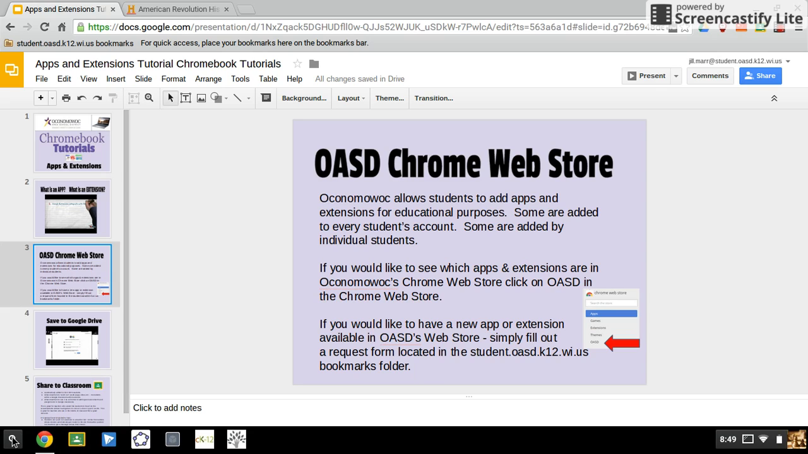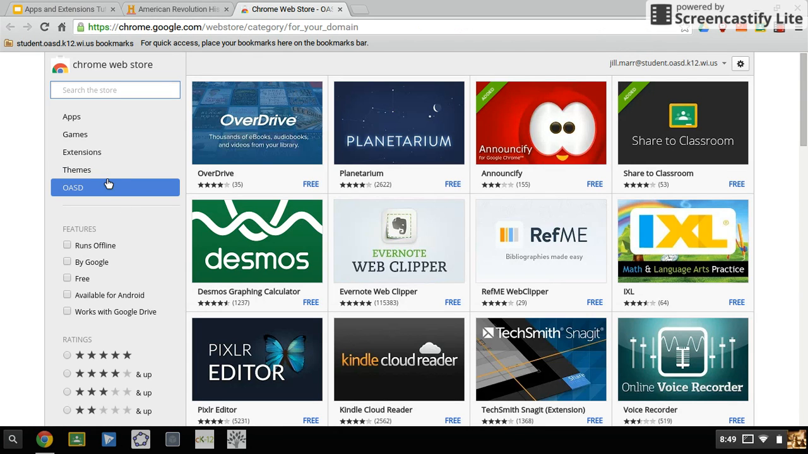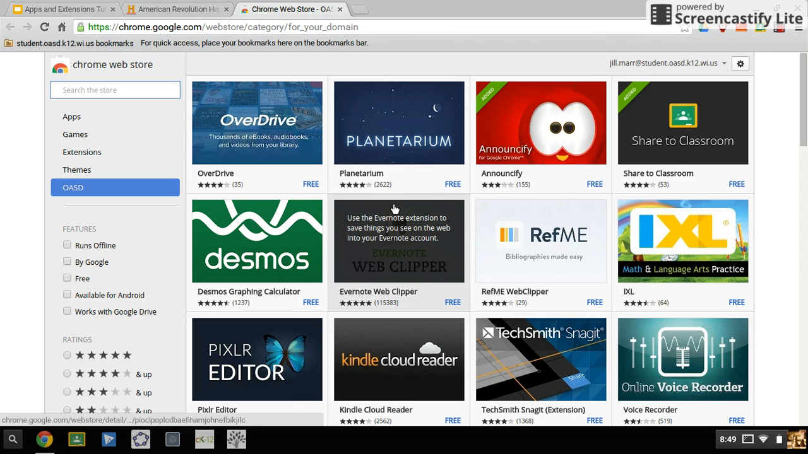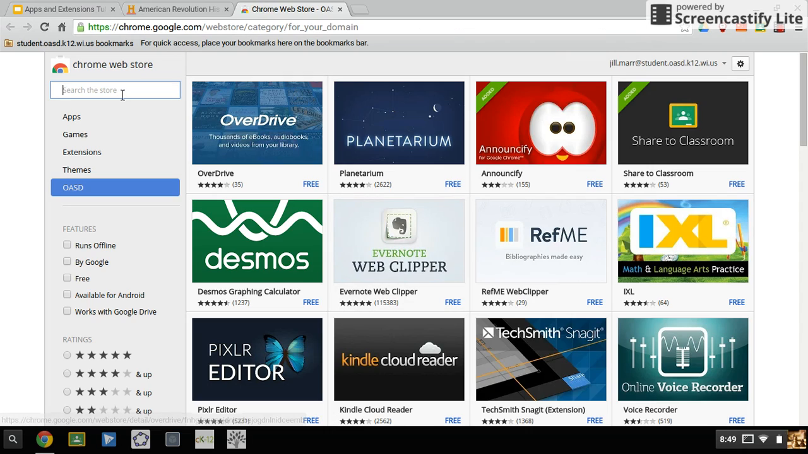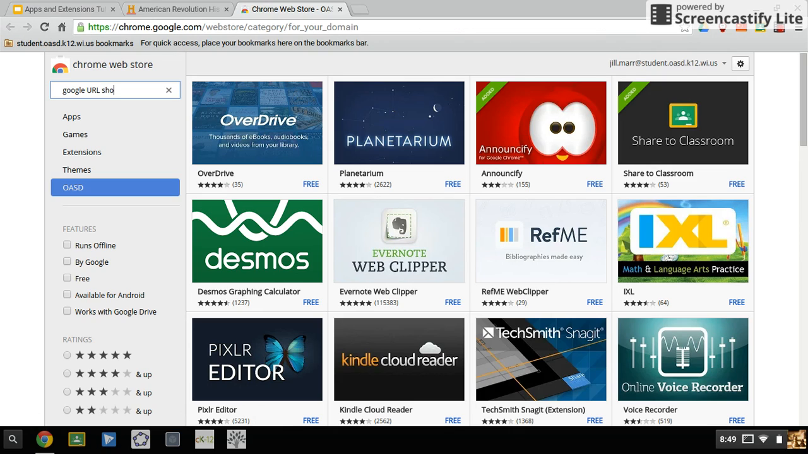So we're going to go to the Chrome App Launcher and go to the web store. And you will notice here is the OASD label. All of these apps and extensions are available for students within our OASD Google domain. If you search for one that isn't, and you really want to use it,